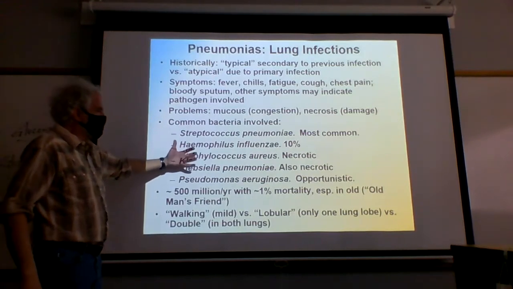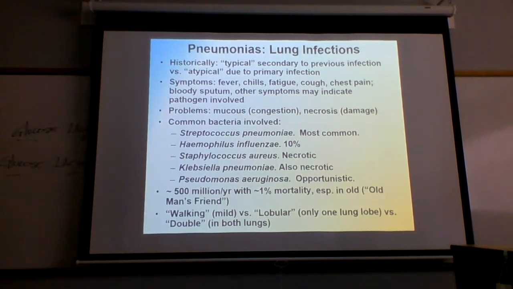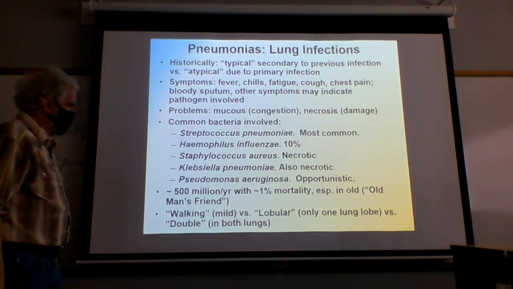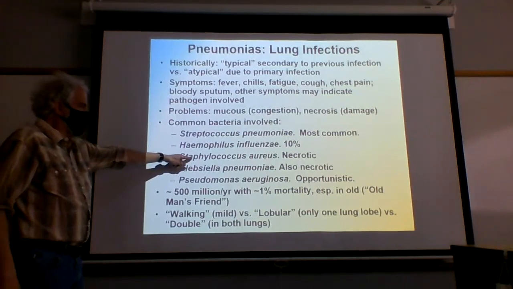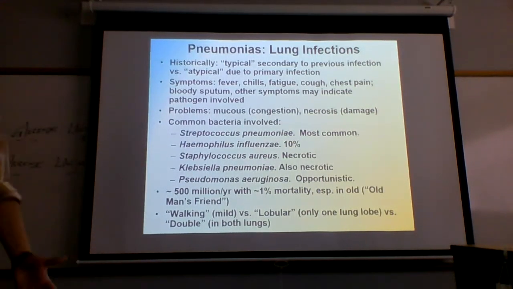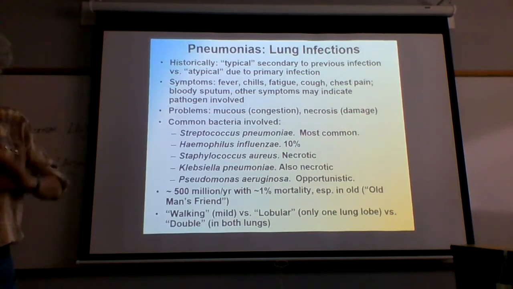There are other bacteria that cause pneumonia. And this is just, again, one of these terms here, that pneumonia is a generic term. And we're talking now about some of the bacteria that can cause it. So Haemophilus does a moderate amount. Staph aureus, this is a bacterium that is present on the skin all the time. And when you heard about MRSA, methicillin-resistant Staph aureus, that's what we're talking about. It can get into the lungs and get a foothold.